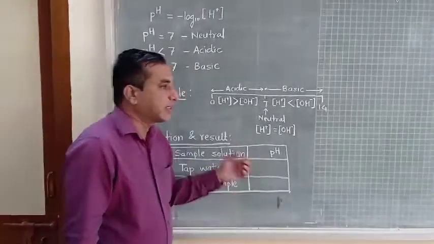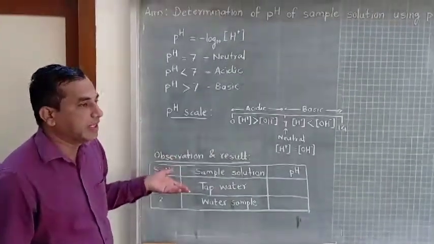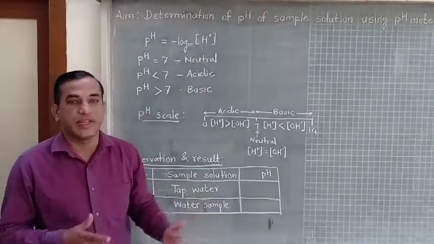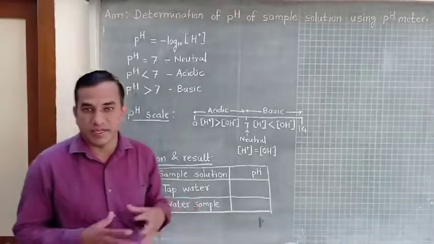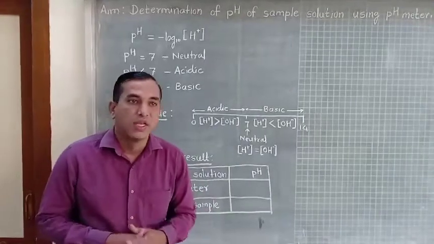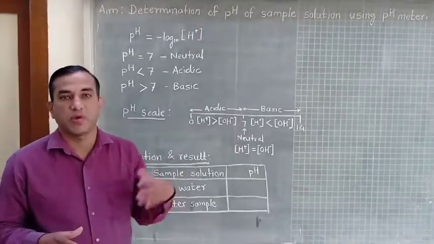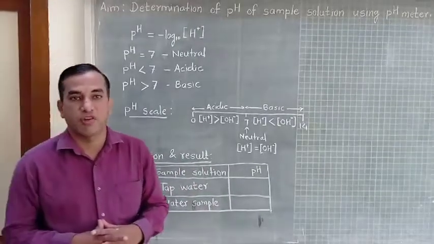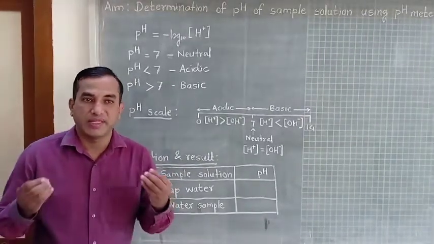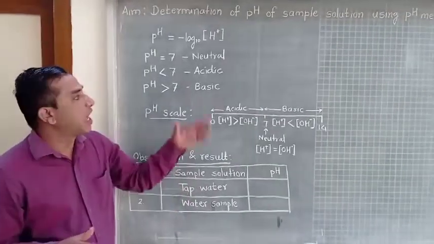Then, as we discussed, the pH is important because water may be alkaline or it may be acidic. Both waters are harmful for industries because they cause various problems like caustic embrittlement, which is a type of corrosion caused due to use of highly alkaline water. Similarly, acidic water is also responsible for corrosion, which may cause different industrial problems, and that's why before using water in industry, we determine various parameters like hardness, alkalinity as well as pH of water sample.